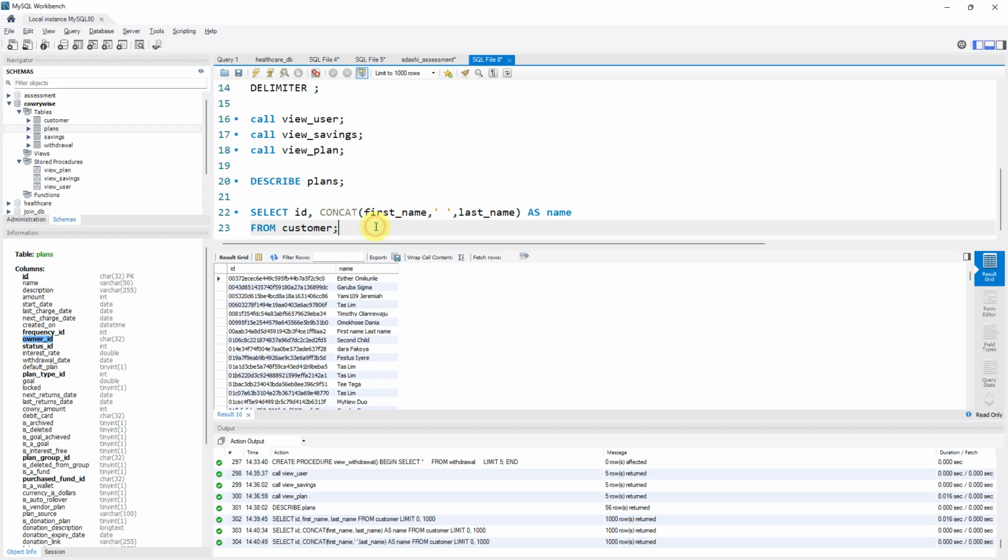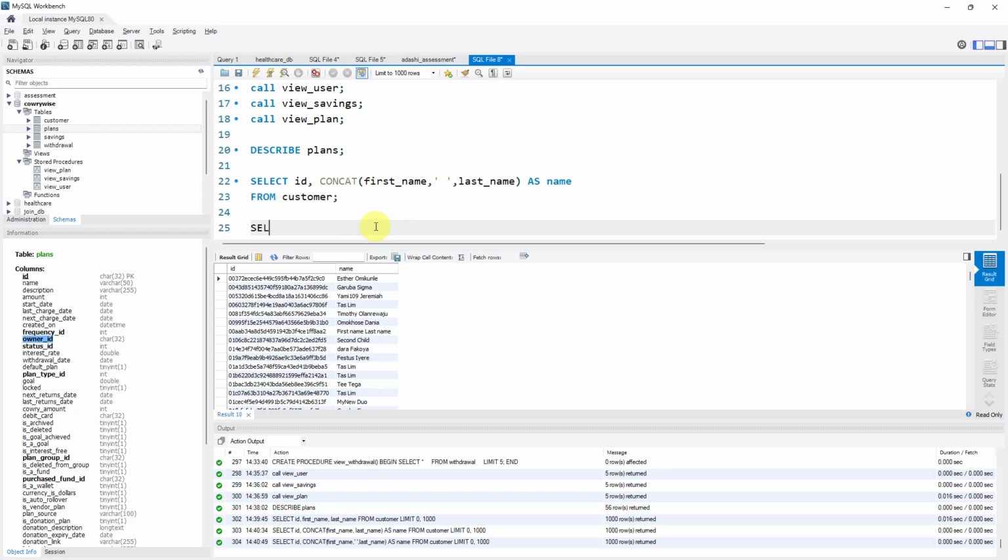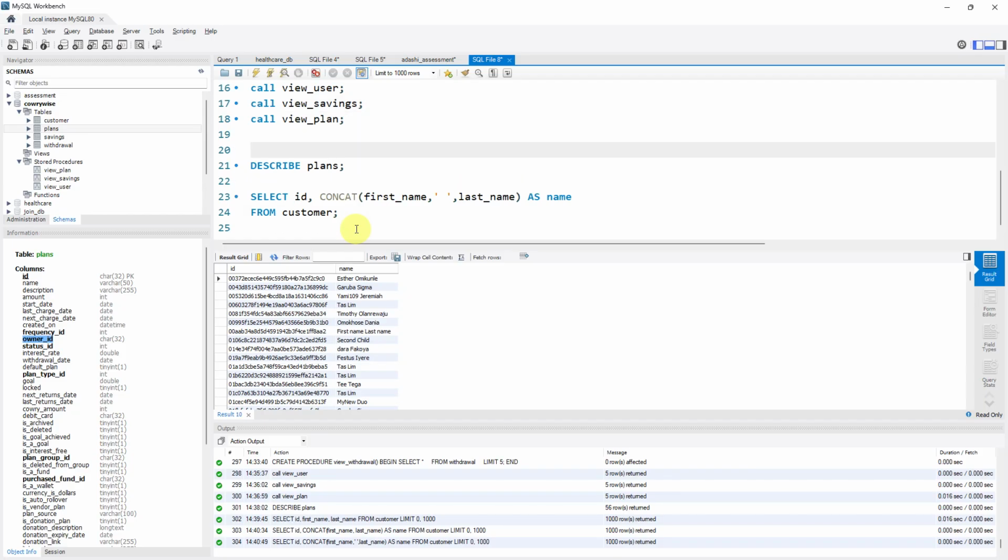For the plan table, what do we need there? We need the owner ID, which is a foreign key in this table, and this owner ID is a primary key in the customer table. What do we then need? We also need the ID of this particular plan table. Because if you go to the savings, you see plan ID in savings. And let me describe the plan,